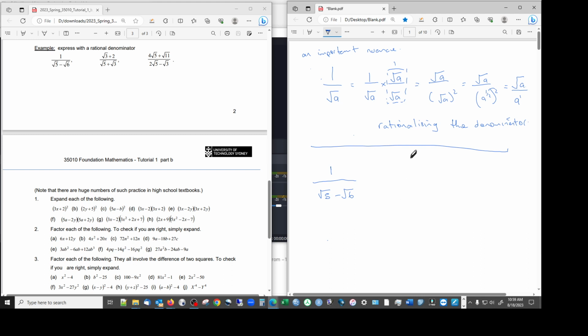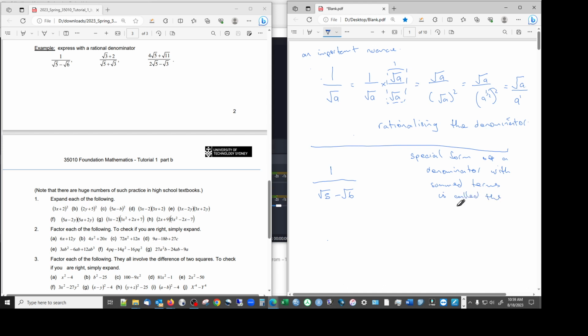So there's a special form, and the special form of a denominator with some terms, summed or subtracted, doesn't matter, is called